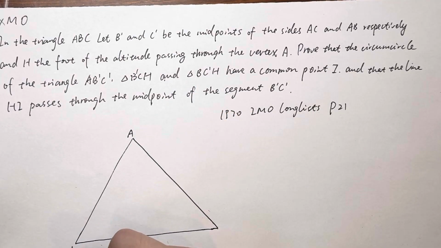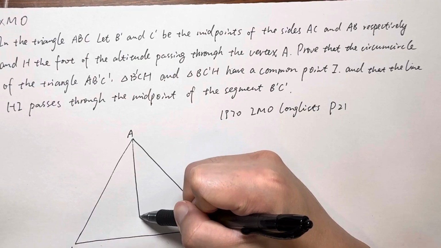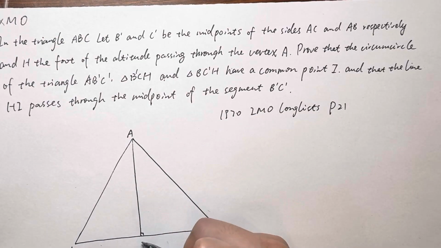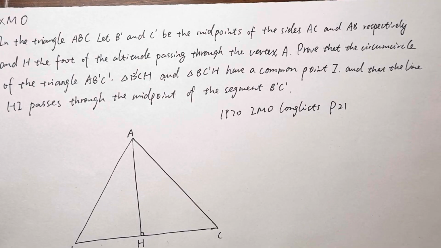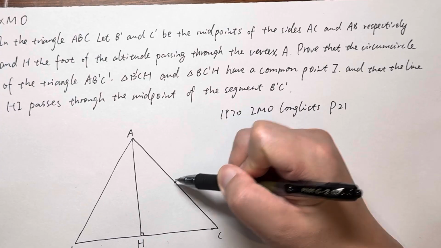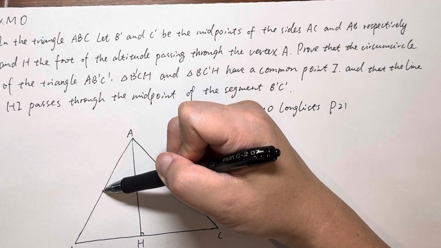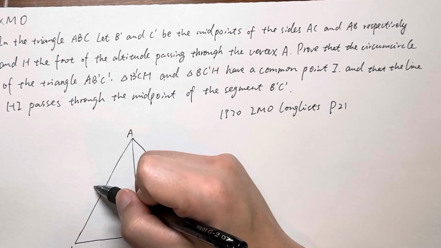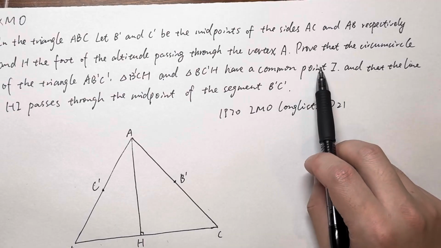We have our triangle ABC here, and the foot that passes through vertex A is H. And we also know that B' is the midpoint of AC, and C' is the midpoint of AB. So we want to prove that